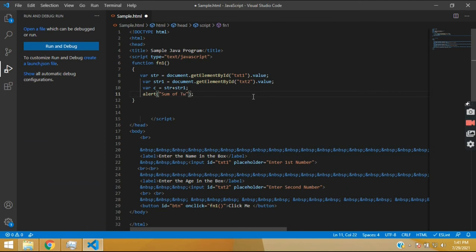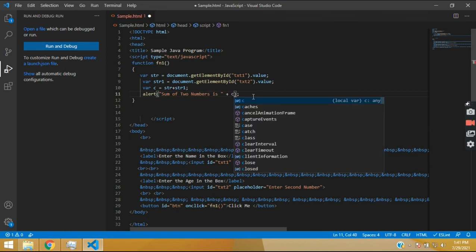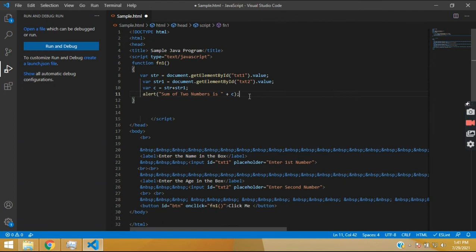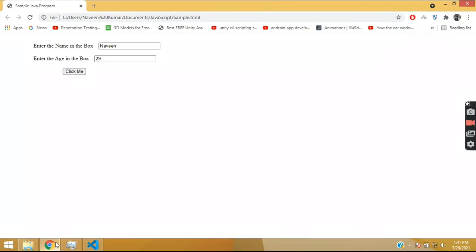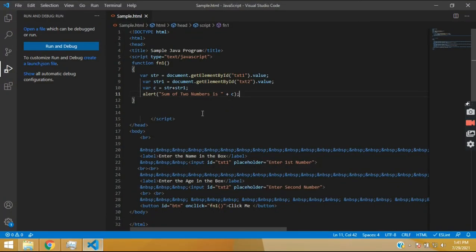Sum of two numbers is c. Let's check whether it will work or not. Okay, we need to change the message also. Enter the number, enter the number, save it,